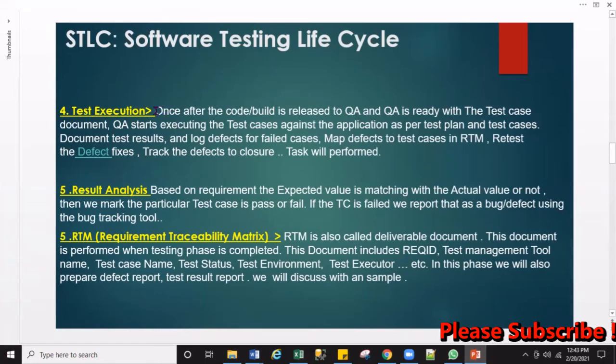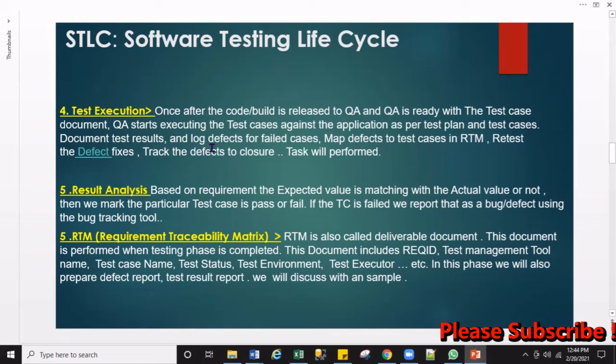Let's read: once the code build is released into QA and QA is ready with the test case document, QA will start executing the test cases against the application as per the test plan and test case document. What is the meaning of this?